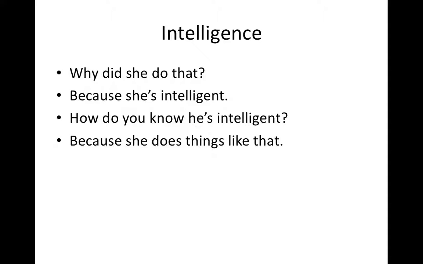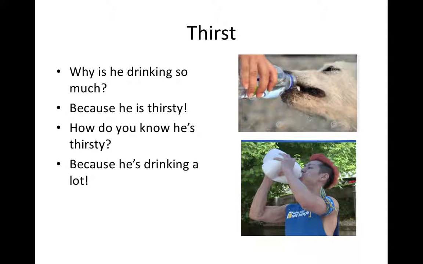We might say, why did she do that? And we say, because she's intelligent. But if you probe further and ask, how do you know she's intelligent? And if the conclusion is because she does things like that, then we have a circular concept. Likewise,